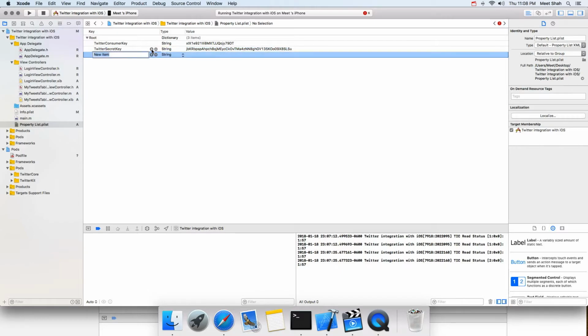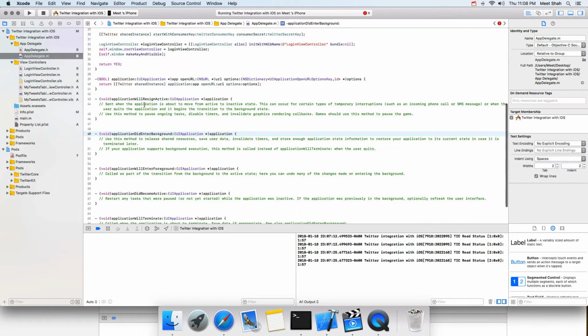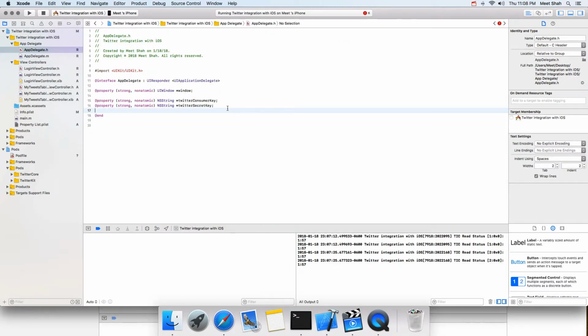I'm going to call it Twitter REST API URL, and we'll read this one here, the same way we're reading the consumer key and the secret key. So I'm going to call it a string, Twitter REST API URL,